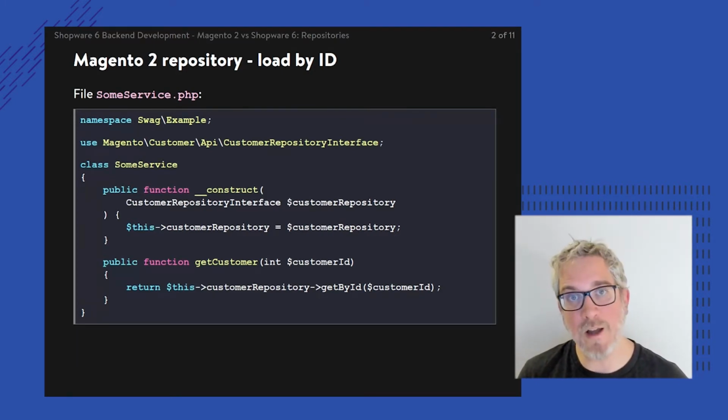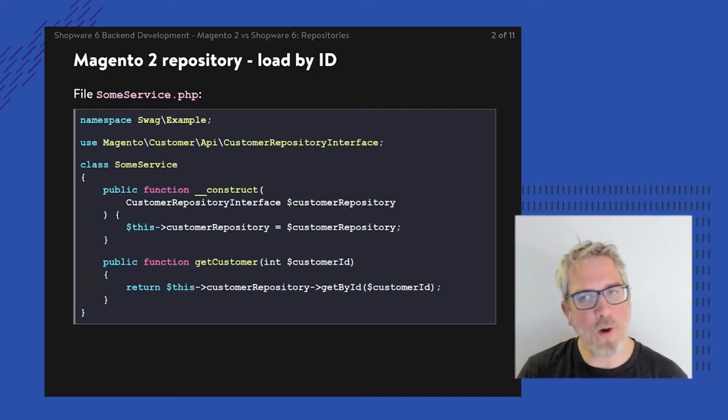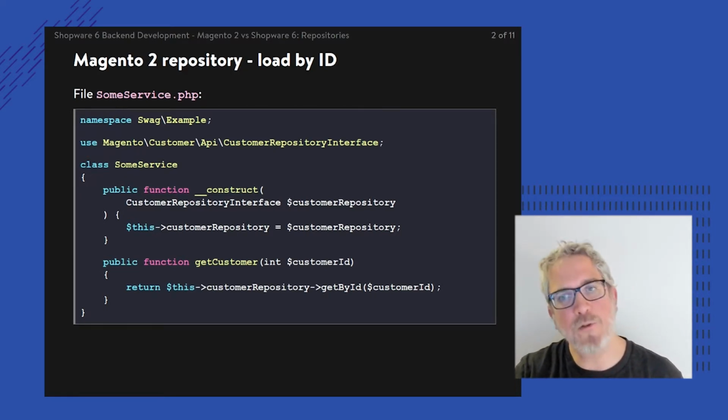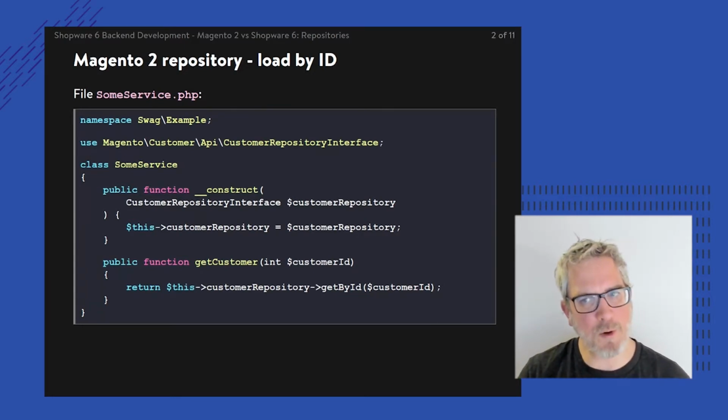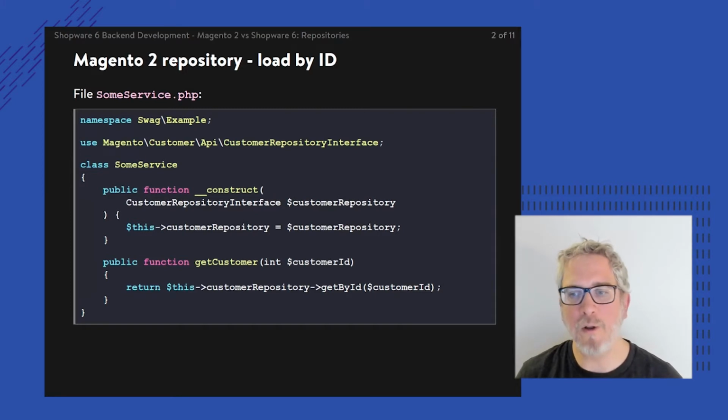However, we're using dependency injection in Magento, and within Magento we're relying upon the DI container known as the object manager, and the object manager is then using a DI preference, a piece of XML, a rule, a statement, mapping this interface into an actual class. So the customer repository interface is mapped into a customer repository model class, and in the end that's being instantiated into an object called customer repository, injected into my own class, copied into a private variable, and then I can use that private variable as I see fit.